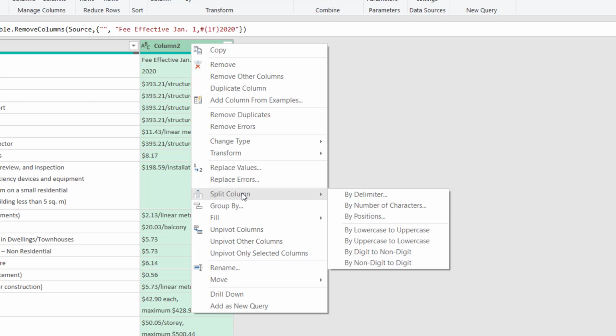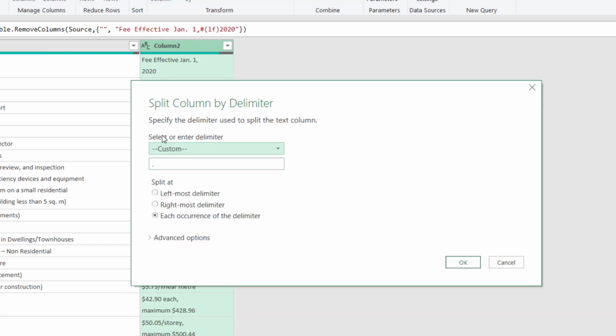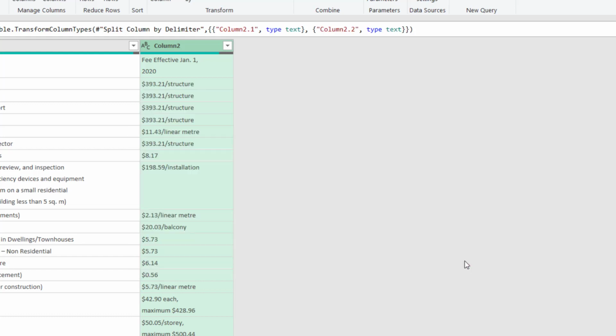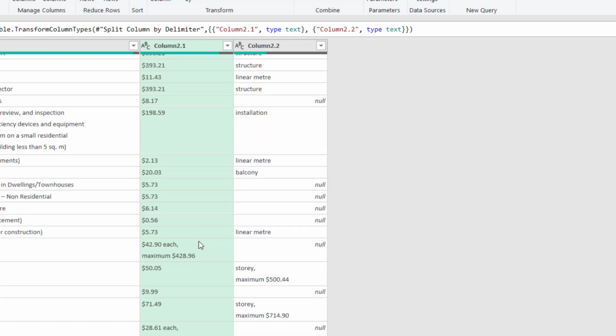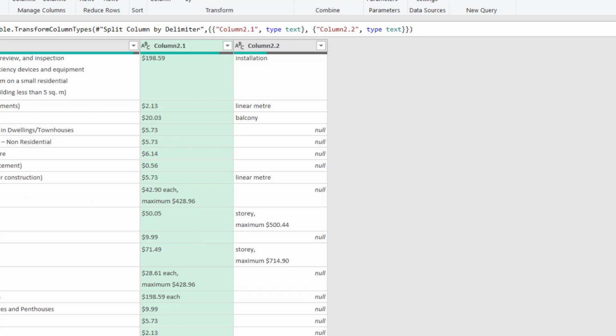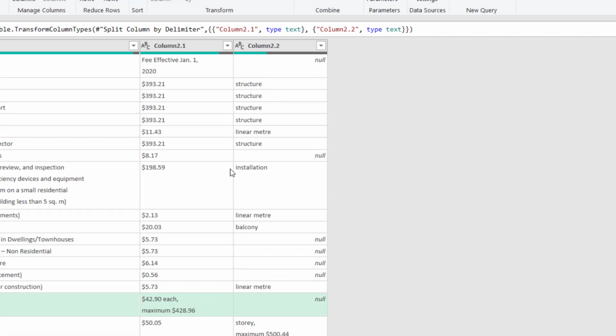And this time I'm looking at a pattern, and I see that after the price there is a /, so I'll be selecting by delimiter. The split column by delimiter dialog opens, and here I want to specify my delimiter as a /, and at each occurrence of the delimiter I want to split the column. When I hit OK, I get another column. I still see some text here. I want to remove this text as well, so like this record number 17, I want to split immediately after the number, and I'll be doing this by splitting one more time.